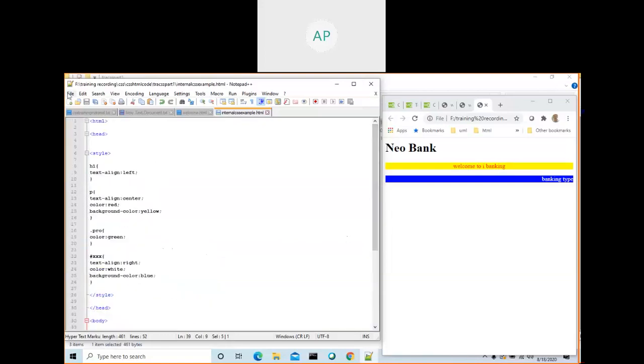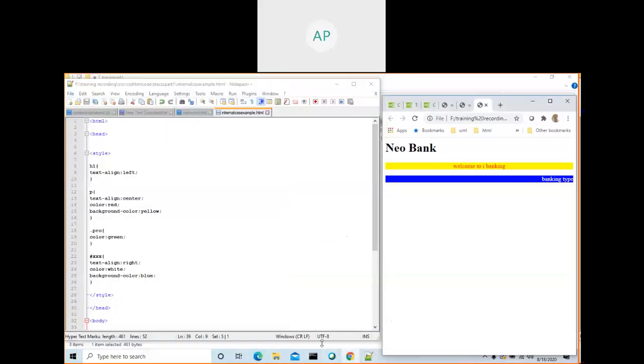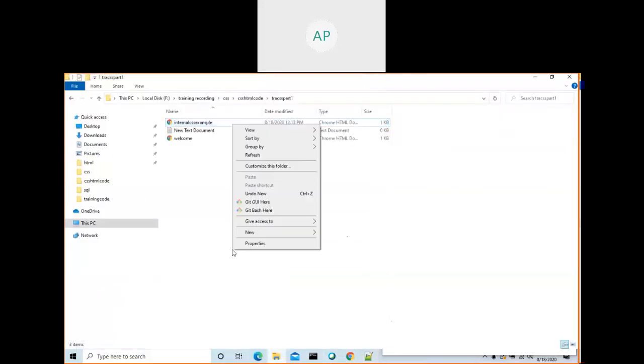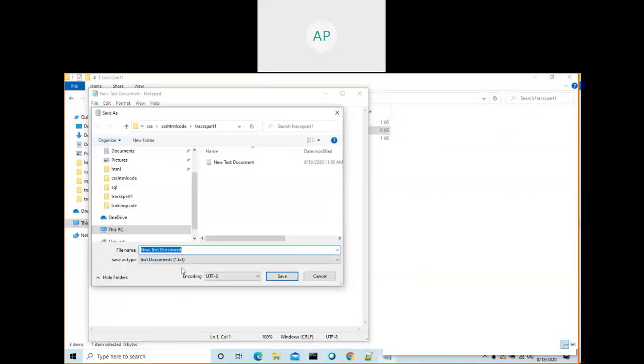Create one file. Let me create one file, save as one HTML document, external css dot html, example.